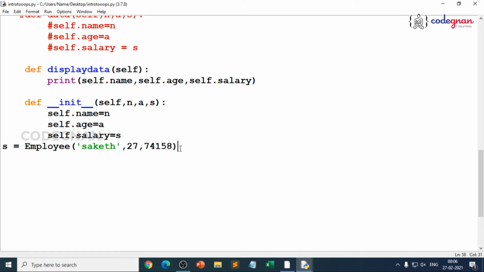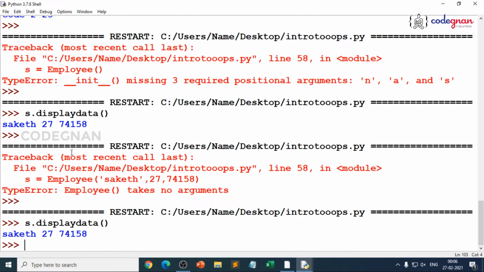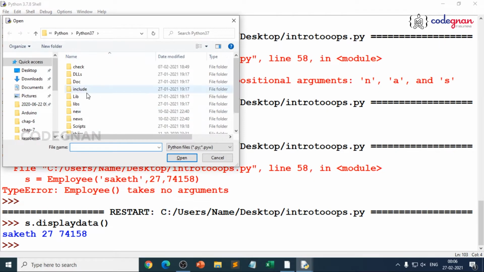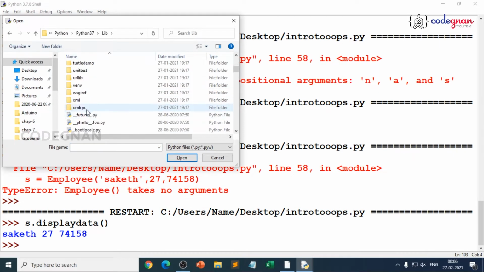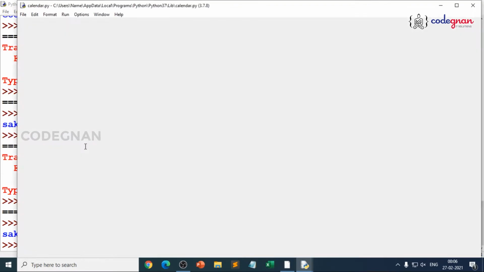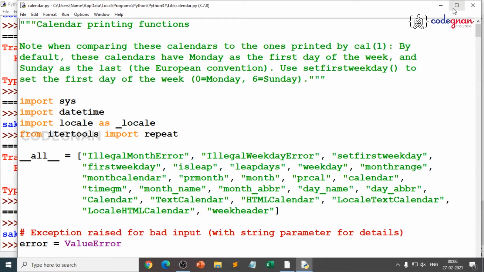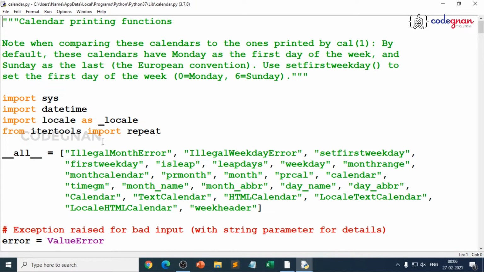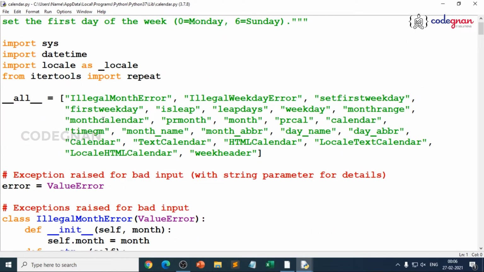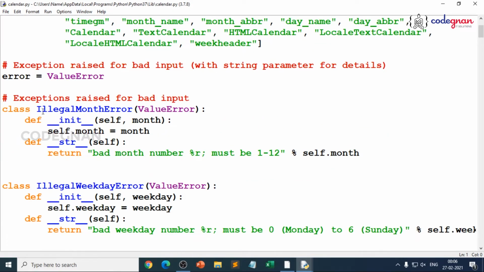But in real cases, let me show you one simple example. When I go to the Python shell and open the default modules, how do you open your default modules or packages? Go to the Python root location, check libraries. You have all the folders or packages, and let me open the calendar module which we have already discussed. This is the calendar module. It imports datetime, that's what we have already seen. This is a list of some strings which we have passed. You see, your class name is IllegalMonthError and the object we are passing is ValueError.